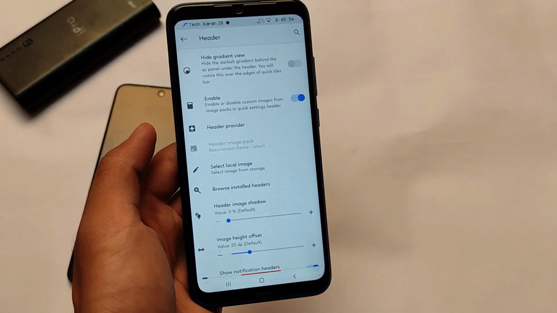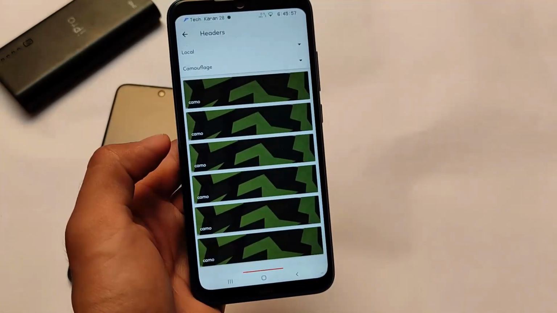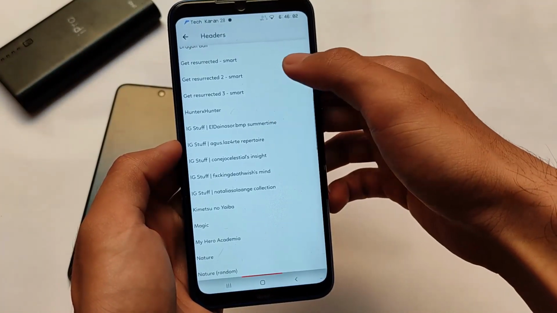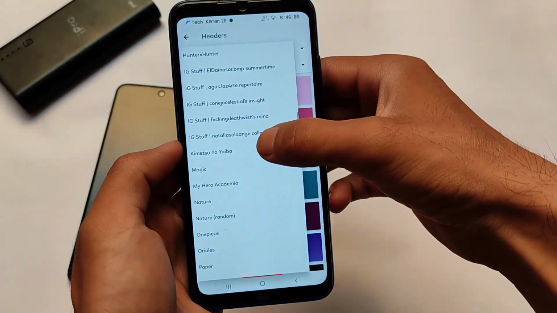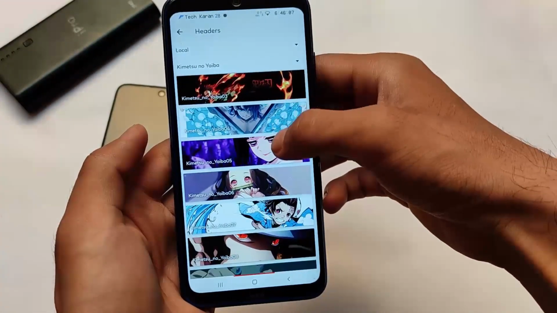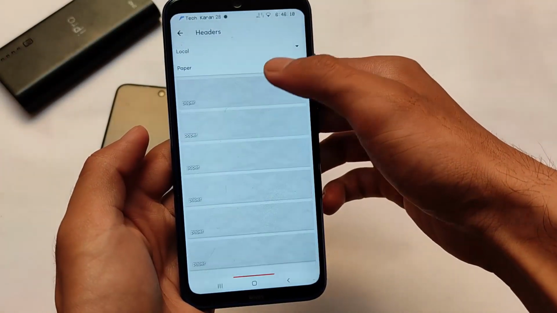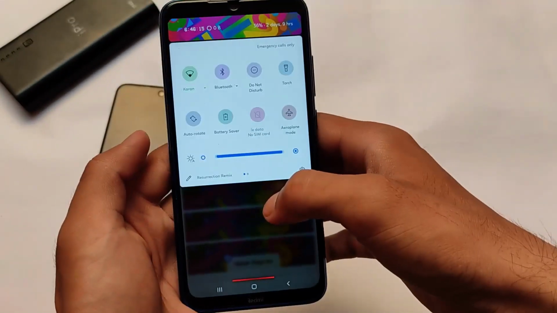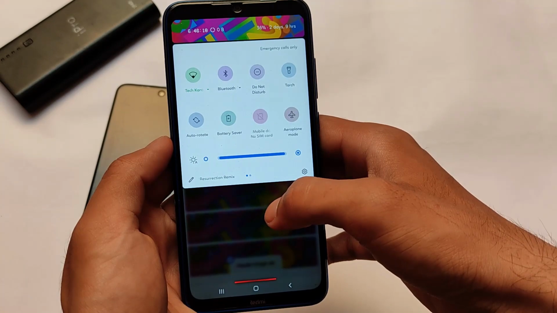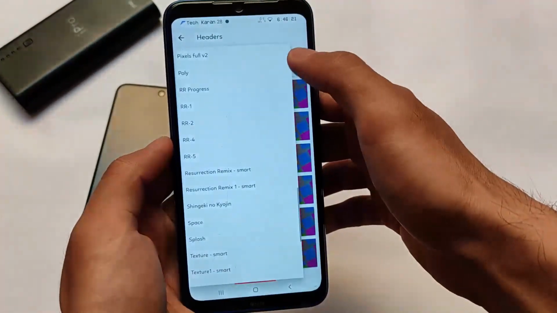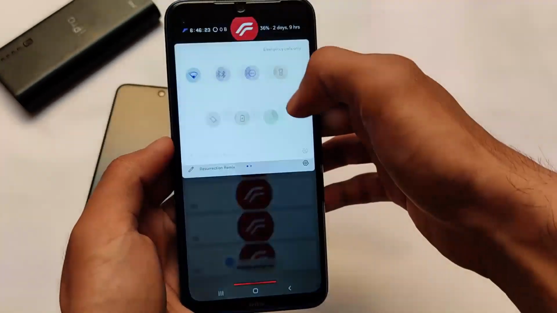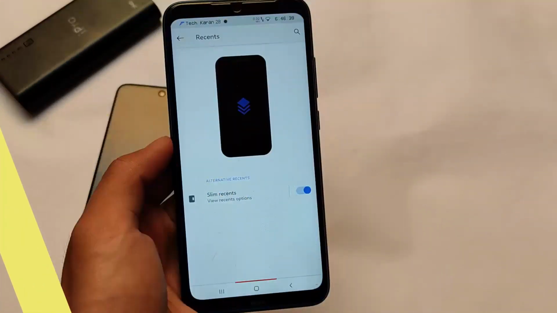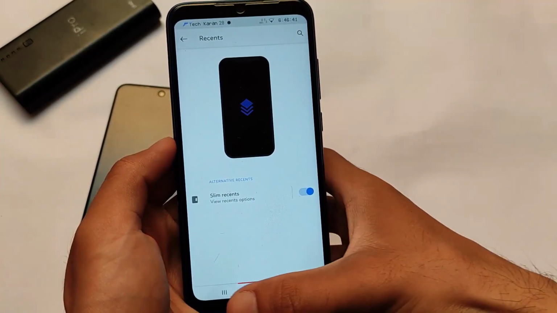Now, last but not the least, this is maybe second last if I'm not wrong, or maybe third last. This one is the quick settings header. The quick settings header includes many options for you. You can adjust any kind of image in your quick settings header. If you like any of these images, you can set that. Some custom ROMs have this feature, of course, but not this much quantity. We have many options available for you. You can choose any kind of header image, and Resurrection Remix's own header images are actually looking quite good, and this honestly looks quite good. So it's definitely another thing you need to try out on your device.